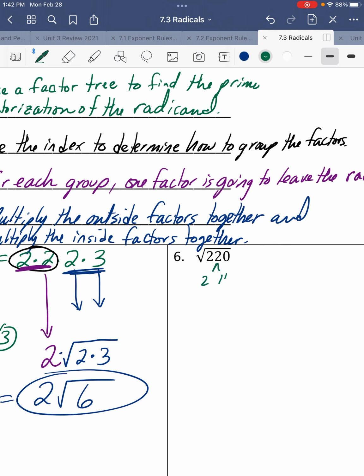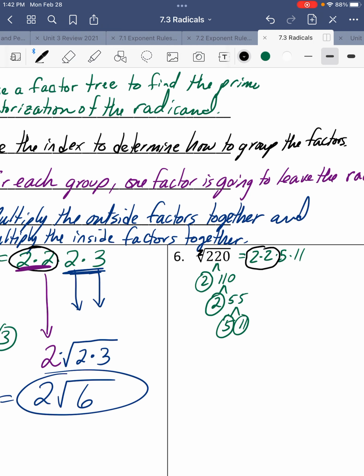220, 2 and 110, 2 and 55, 5 and 11. There's our prime numbers. Group the numbers. Oh, it's a square root, my bad. So we're grouping by 2. There's only one group that I can make. That one group is going to come out, and only one is going to be written out. So 2. And what's left over